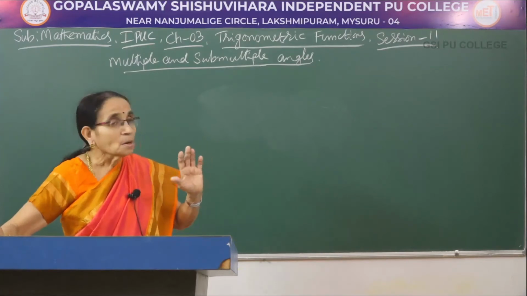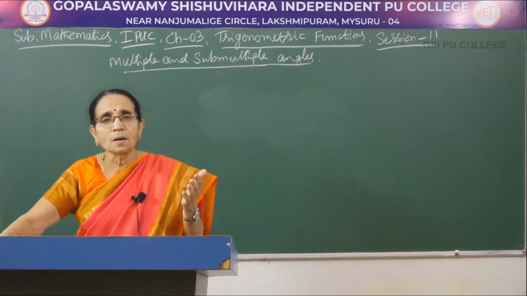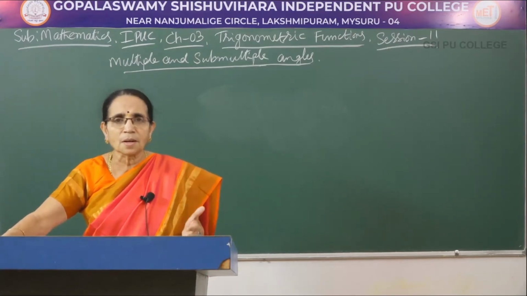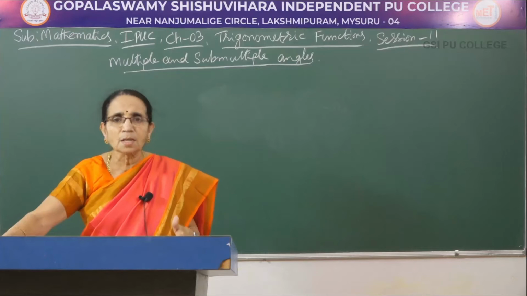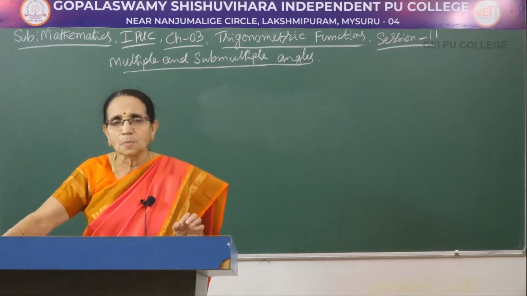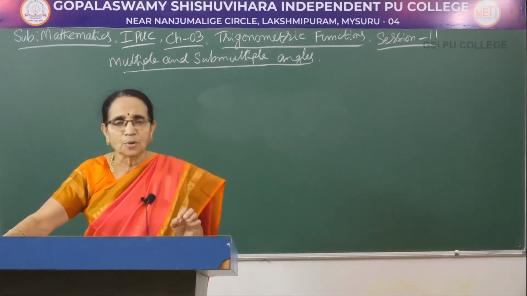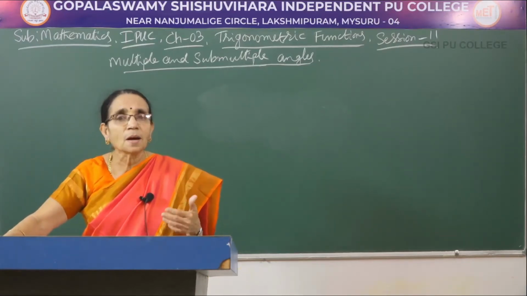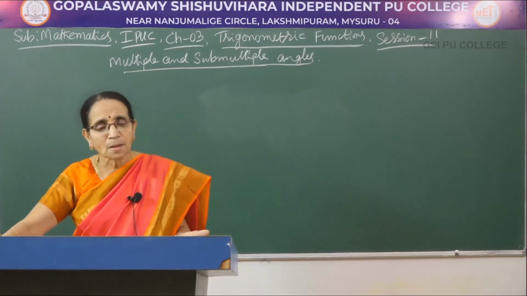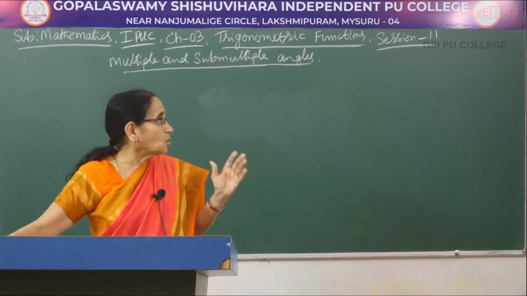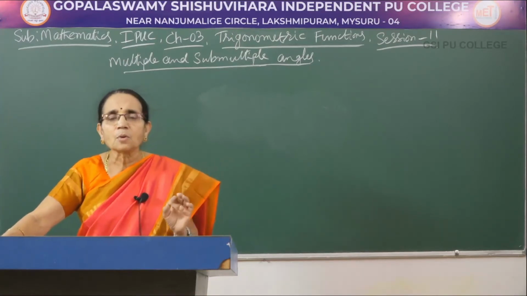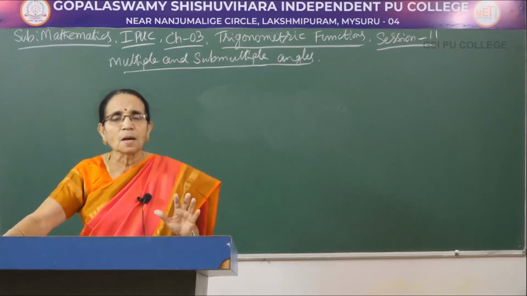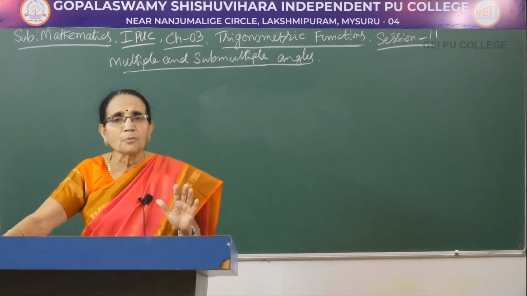Now, why are we not deriving for other angles, only for 2 and 3? Any other angle, 6x, 4x, 10x, 100x, can be expressed using any one of them. That is why if you learn the formulae for sine of 2x, sine of 3x, cos of 2x, cos of 3x, that would be enough to calculate the value of any higher multiple angle. Then, as a particular case, though I call it a submultiple angle, we take only the half angle. So, that set of formulae is called half angle formulae.